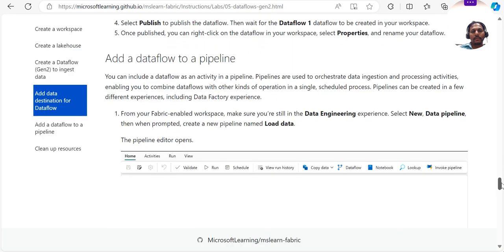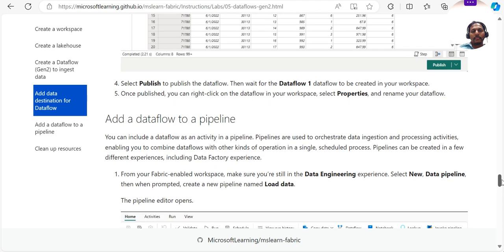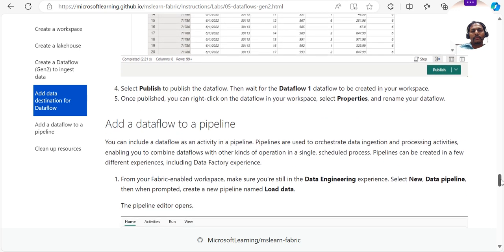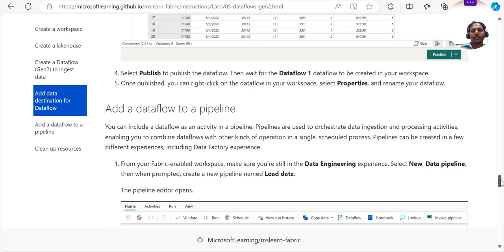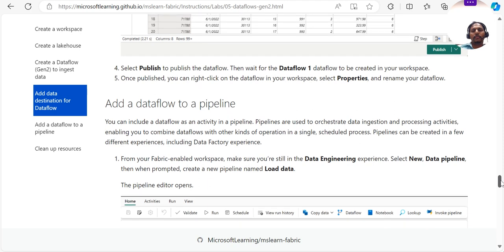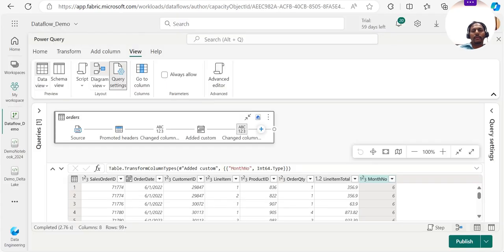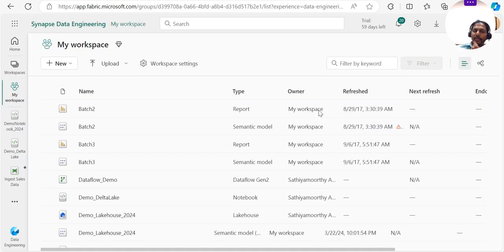Let's go down. Select publish, then in the data view, edit the DataFlow and create it in the workspace. Once published, you can right click the DataFlow in the workspace and rename it. So now we need to publish it. Once this is published,